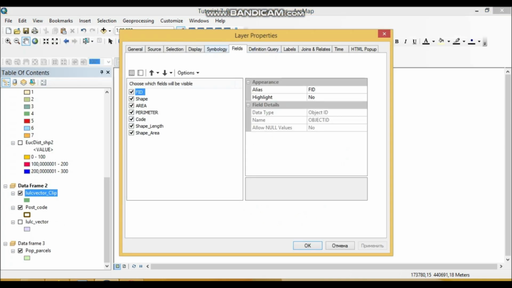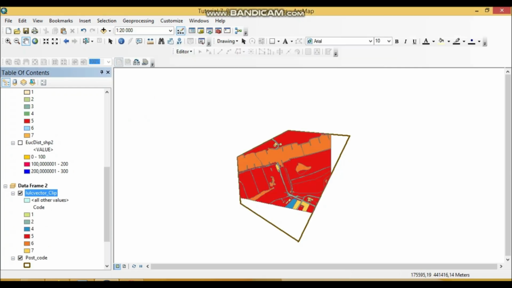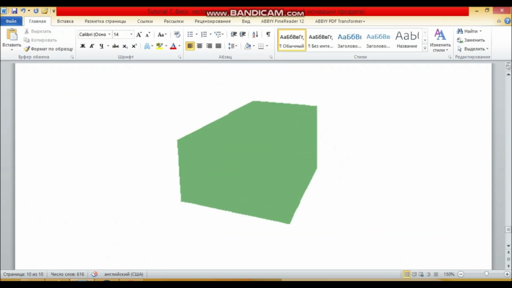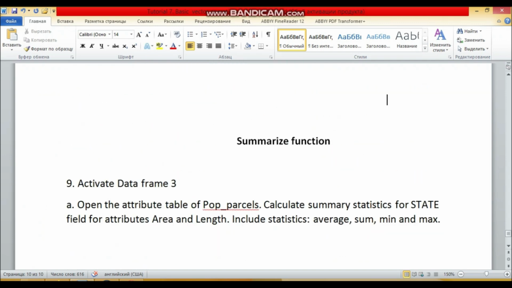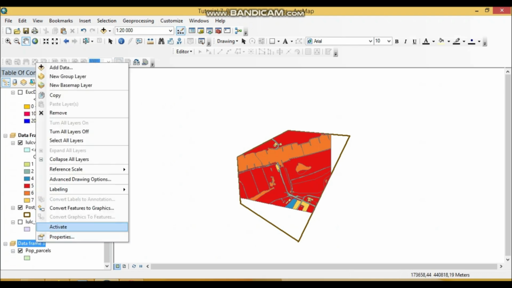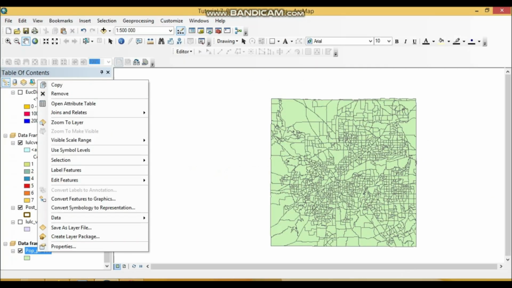We can go to symbology and, just for instance, symbolize them with code. See, this is our rivers, this is our pastures, this is our residential areas, etc. And the last function is the summarize function, which we will talk about during this module. Let's activate data frame 3. Open the attribute table of pop parcel. So here is our pop parcel,